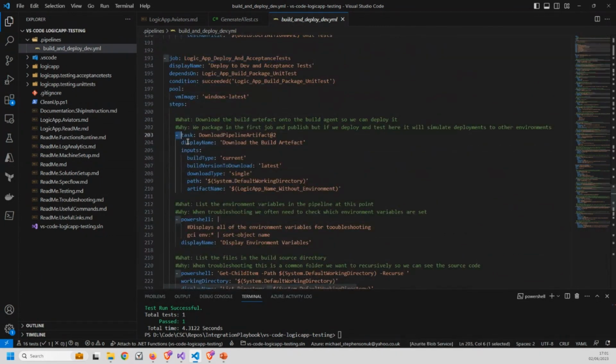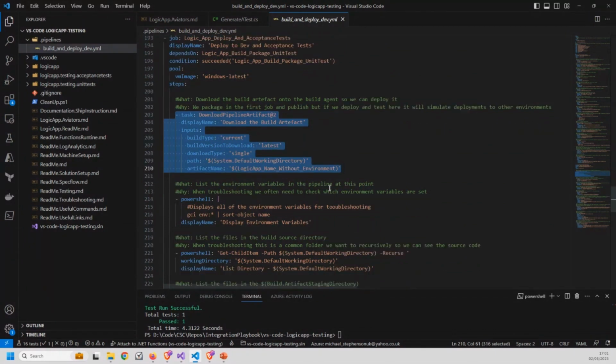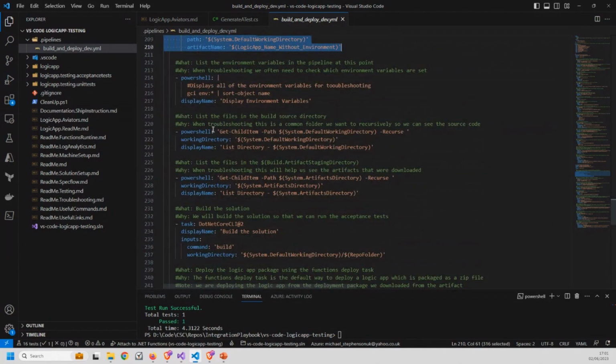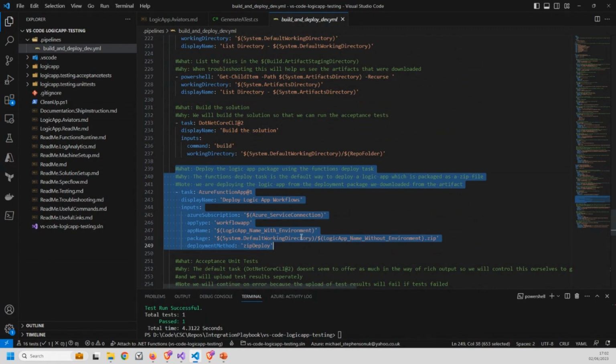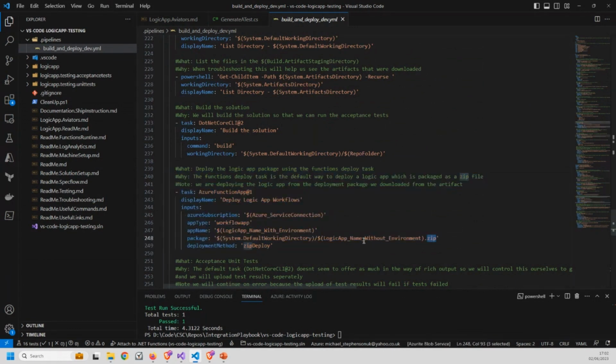So here I'm going to download my build artifact, which contains the logic app zip package. And then there's a couple of other things we need to do here, which you can see they're all documented as to what we're doing and why we're doing it. But the key step is we get to this one down here, and this is going to deploy the logic app to Azure. So we've got this zip file. So you can see this is going to be a zip file here. We push it with a functions task to an app service,